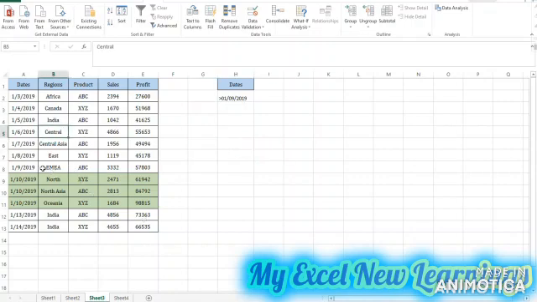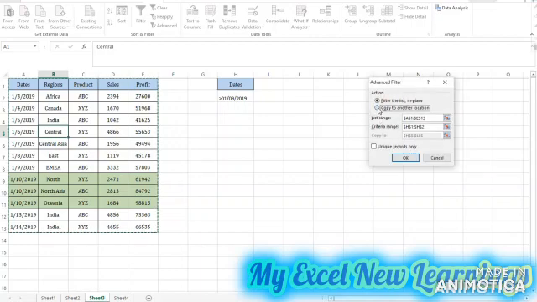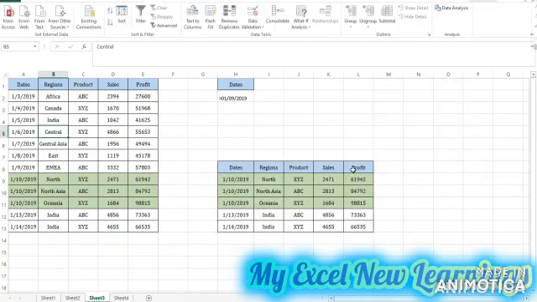So I will click in the data anywhere, then I will go to the data tab, then click on the advanced filter. Then my list range is already selected. Now I will clear this criteria range. This will be our criteria range, and I want to copy and paste the data here. So we have a total of 5 records which are greater than Jan 9. So here are the 3, 4 and 5. This is our data.